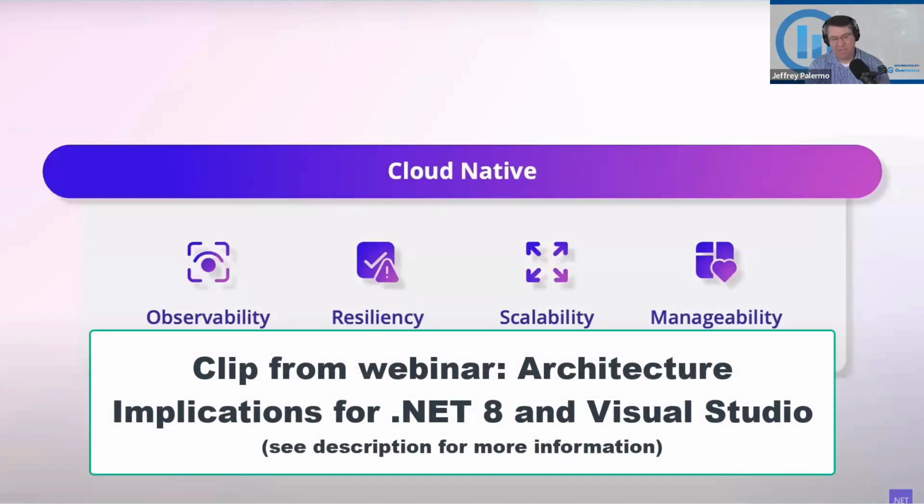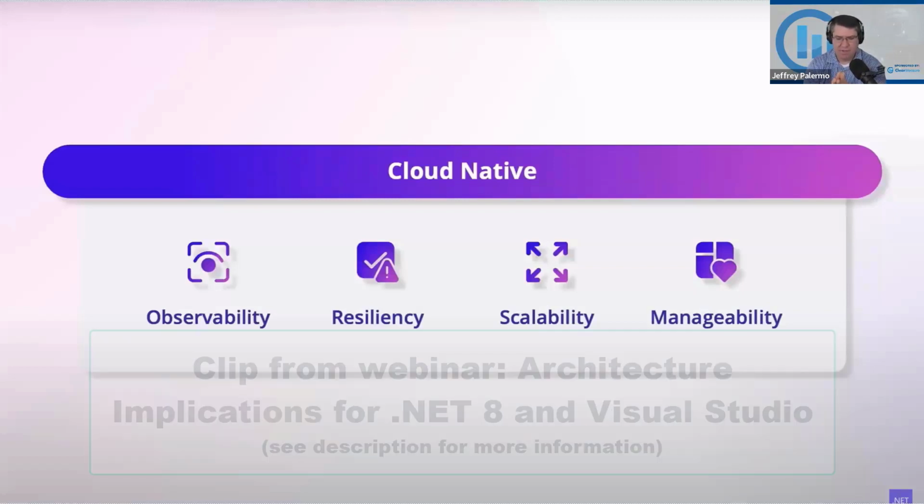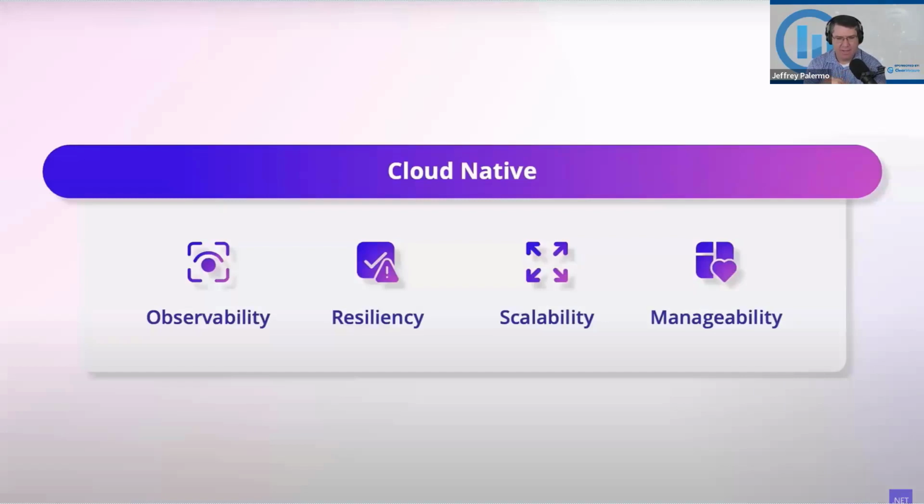All right, let's move on to cloud native. Big focus on observability through the implementation of OpenTelemetry and their partnership there, and also building in libraries